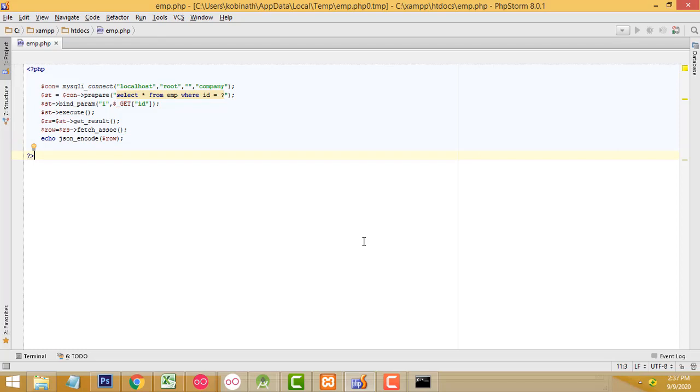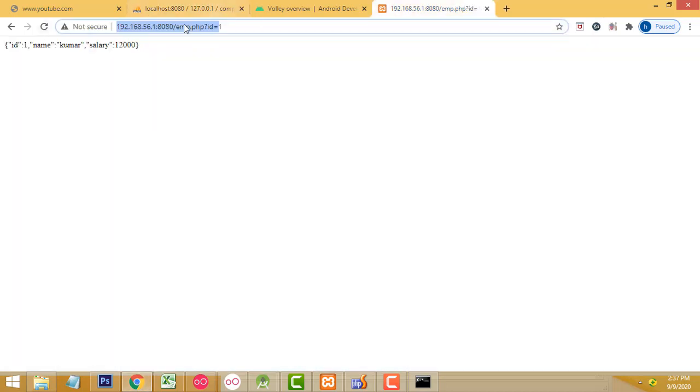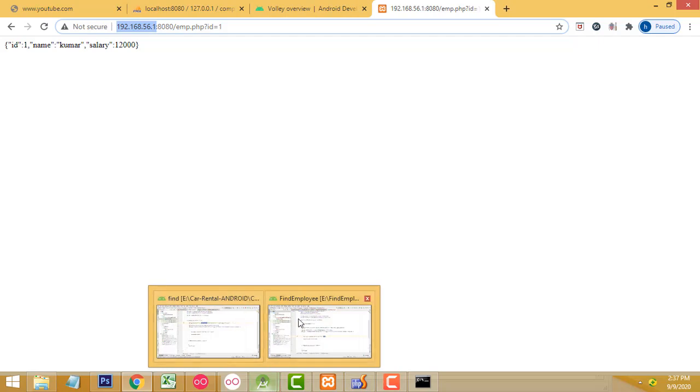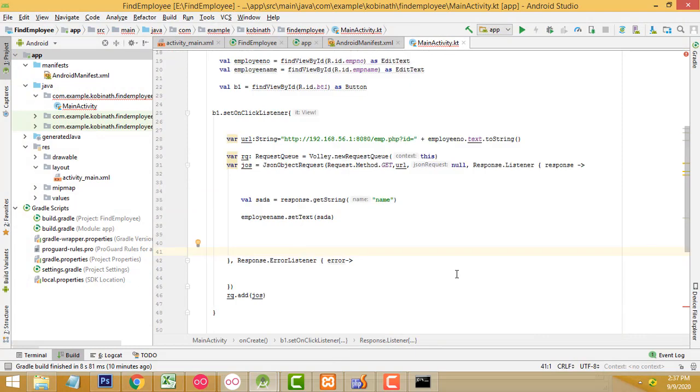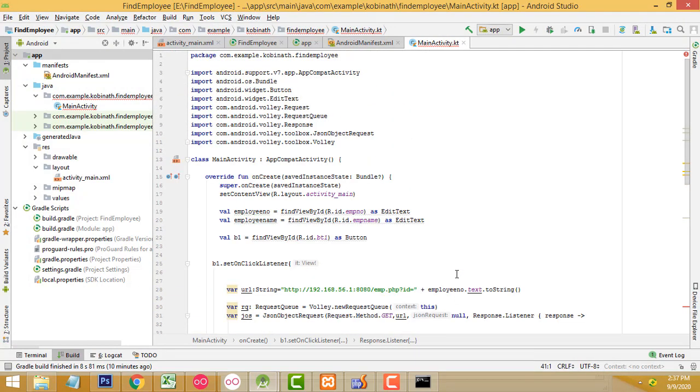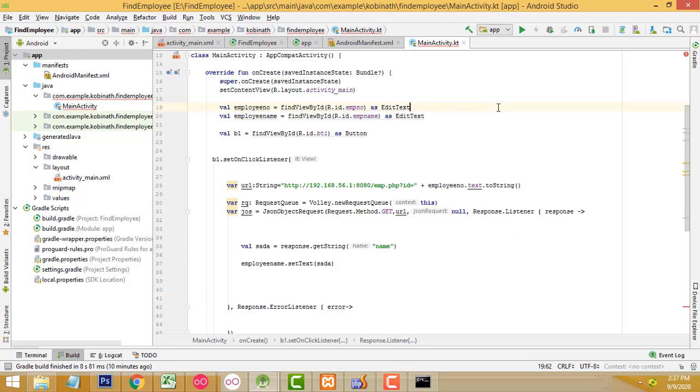First you have to check whether the MySQL database connection succeeds on the localhost. After that you have to find the IP address of localhost. This is the IP address. Enter the same IP address on the localhost and check, as I checked over here. Now after that, simply go to Android and check it. This is how we connect to the RESTful API in Android Studio. Very simple. Now let's check whether it's working fine or not.